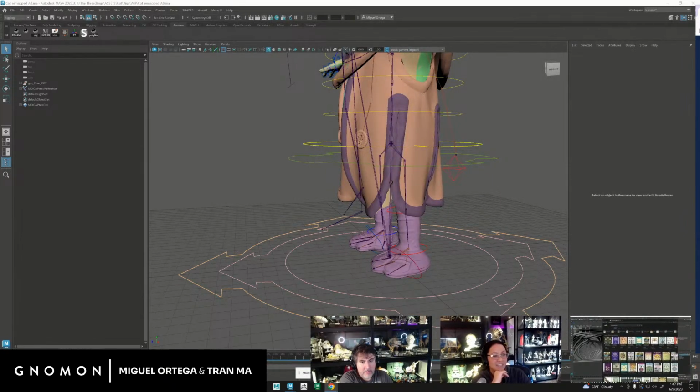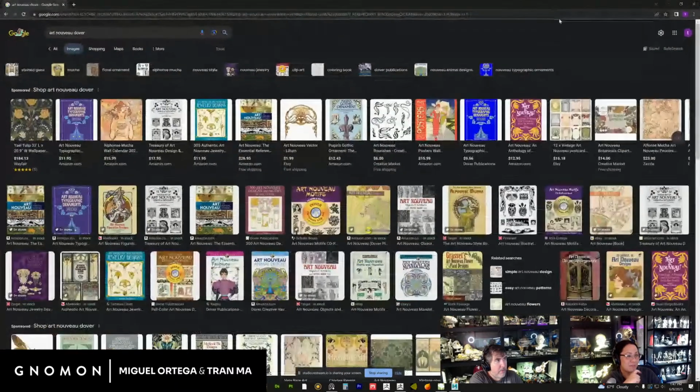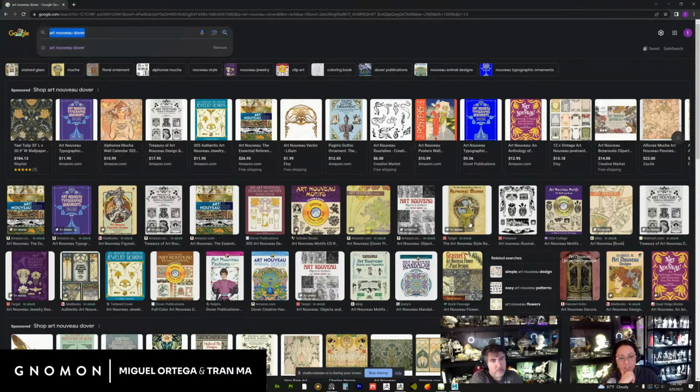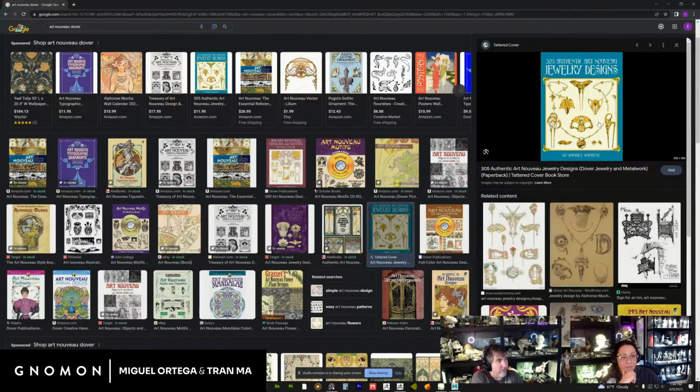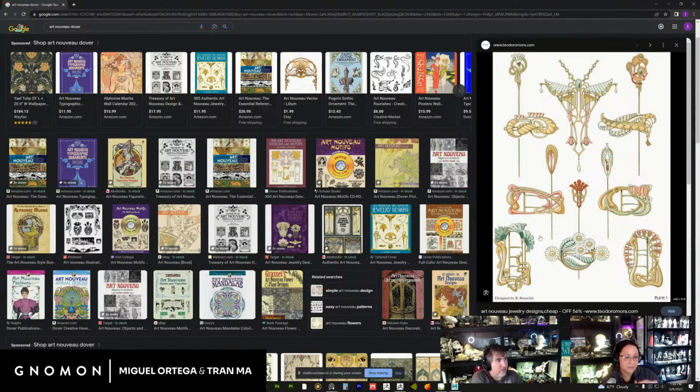As far as things that I reference when I'm doing this, we have a collection of these Dover books. I'm sure everyone's kind of seen them at this point, and I just basically look at something like this, and what it does for me is not so much architectural, but it shows me the shape language, right? So then I kind of pick up some of it, right? And there's a lot of long lines and these kind of S curves,